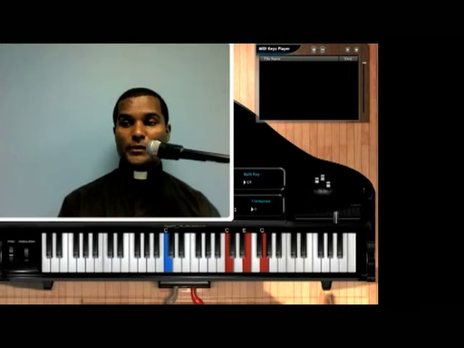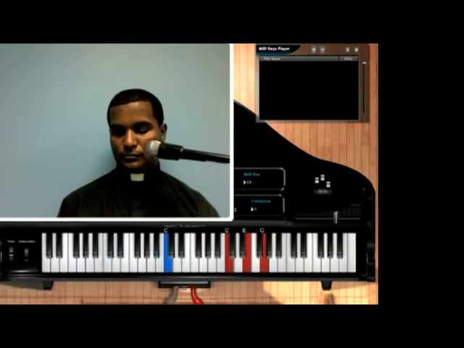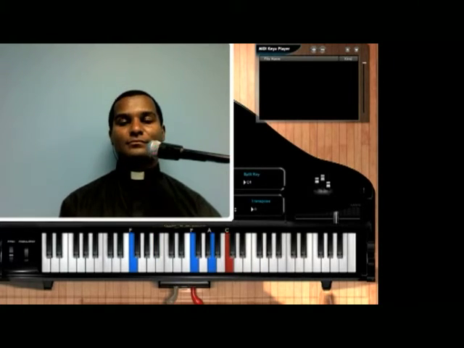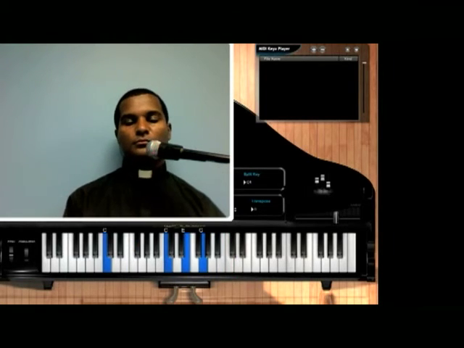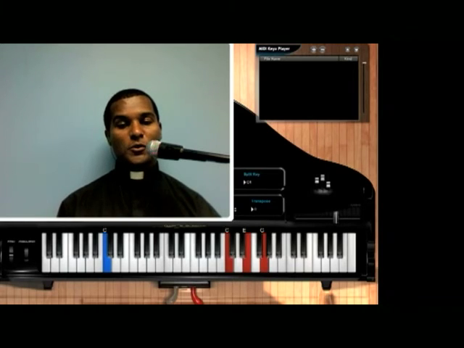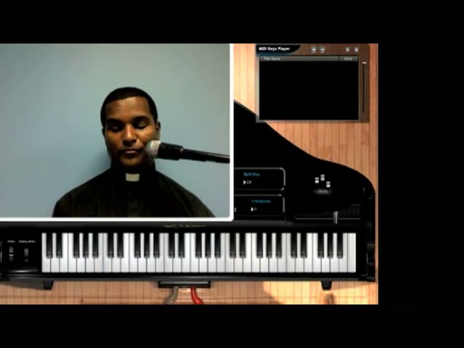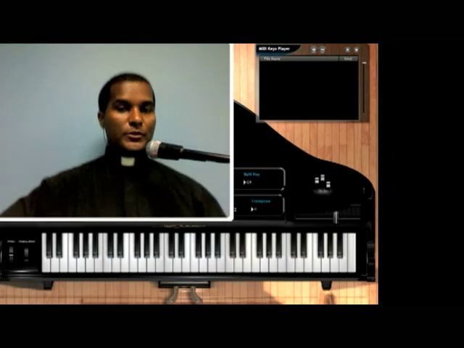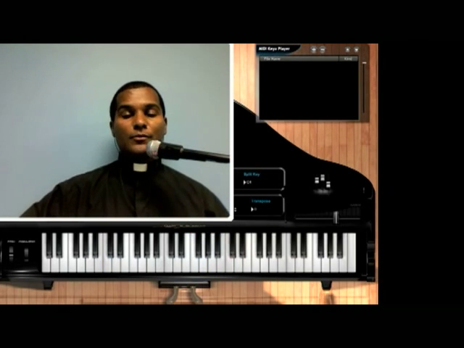Likewise, we can go 1 and then go to the flat 7, which is B flat, D, and F, and then go to the 4, which is F, A, and C. And you can leave the 1 on the bass for those chords. 1, the flat 7th chord, and the 4 chord. So those are a few common major scale patterns. Let me cover quickly